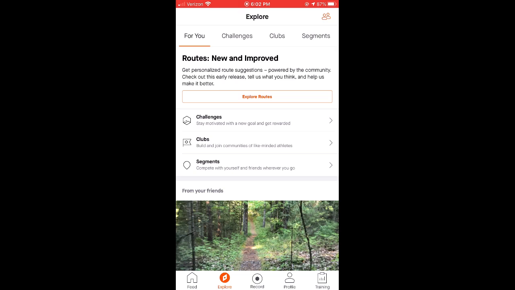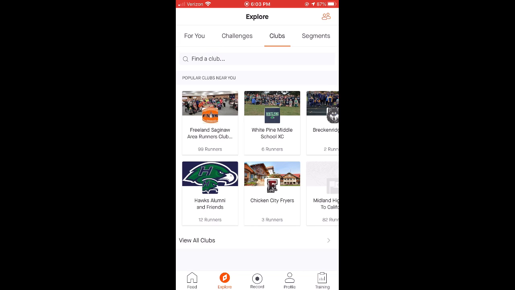You can see you can look for challenges, which maybe I'll make a video on another time. Also, segments are kind of fun. That's something we can go over another time. But today, as I mentioned, we'll do clubs. So in the middle of my screen, you should see clubs. I'll select that one by tapping on it. In this Explore screen for clubs, it